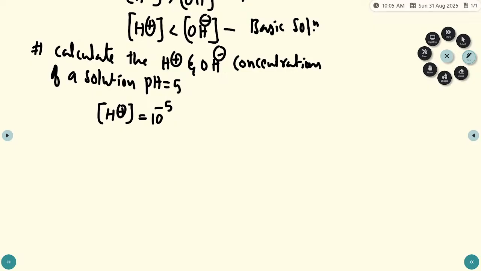And what about the concentration of OH minus ion? So directly you can calculate the concentration of H plus ion is 10 to the power of minus